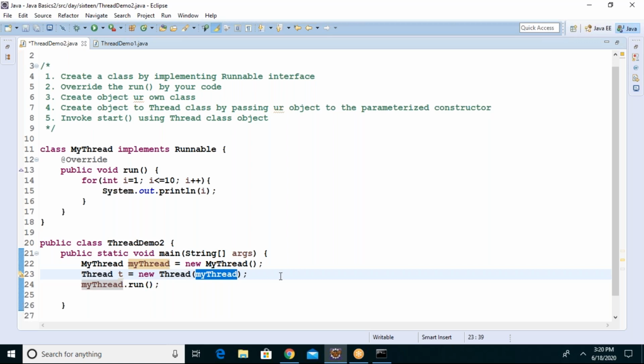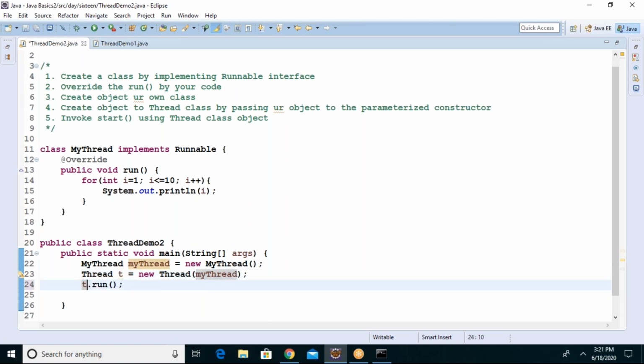It replaces with my thread's. It's very simple. When you are creating it and as well as passing an argument, of course this object follows this. So the run method which is there in my thread class has been copied.